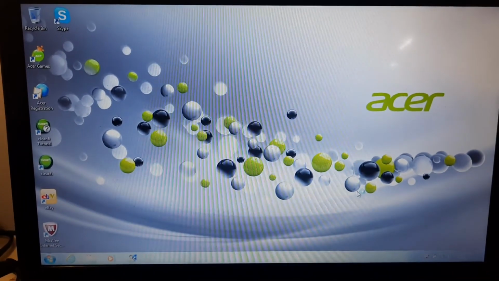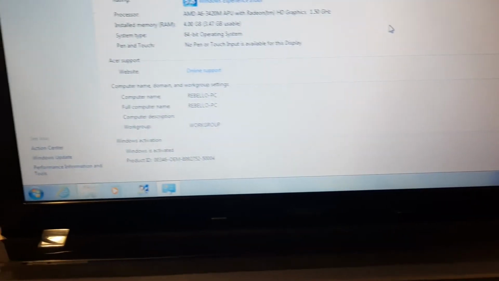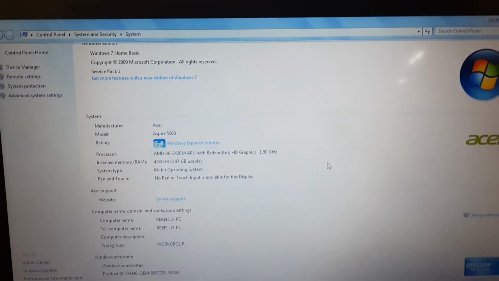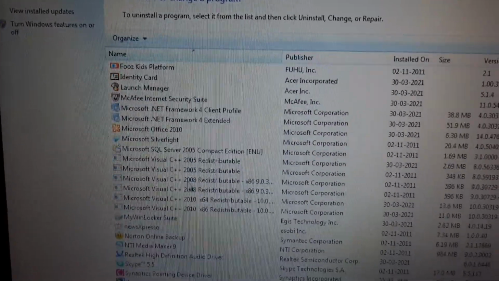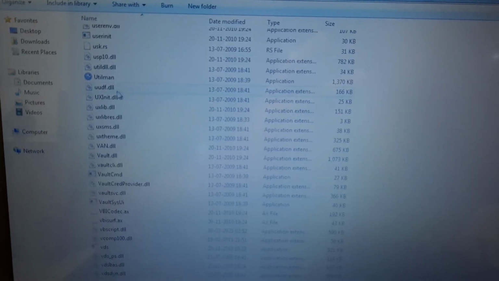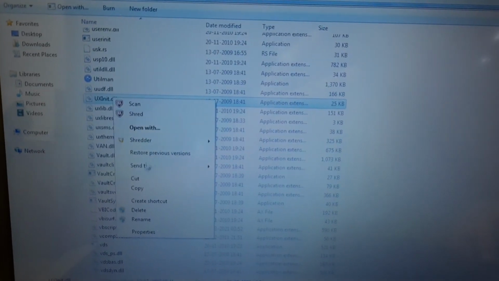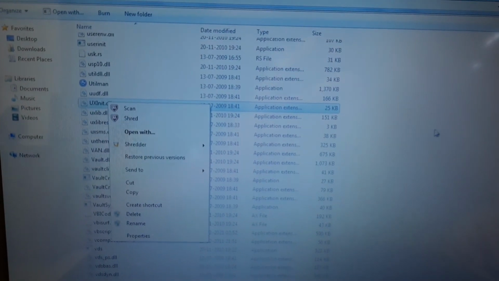And as you can see, our system has been restored and everything is back to normal, and we have got our Windows 7 style looking taskbar back. This basically means that the system is reset, and also many junk apps will be installed, so be sure to remove them later. And as you can see, our UX and editor DLL file has been restored.